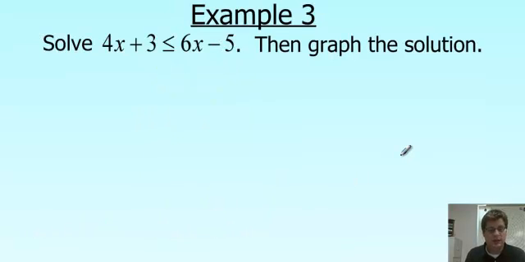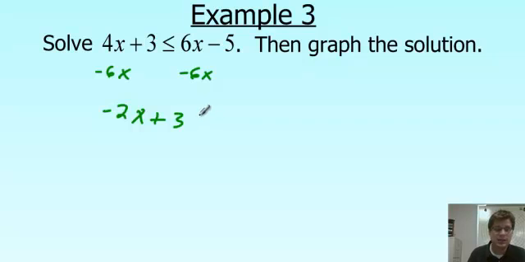In the next example here, we want to get our variables on one side of the inequality. Now, just like the equations, it doesn't matter which side you move it on. Again, I like to move it to the left most of the time. So I'm going to start off by subtracting 6x from both sides. That's going to leave me with negative 2x plus 3 is less than or equal to,